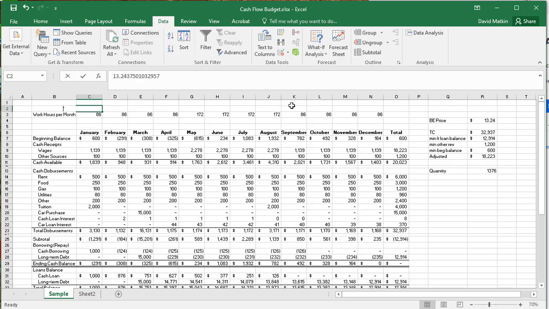Let's go back to 15 here, and let's talk about how we could do this calculation without having to stop and do the goal seek function. And that's what's going on over here. You can see I have the exact same calculation, $13.24. And what I did was I took the total cost, which was the total disbursements. I just took that, and then that's the cost I need to cover. But that cost includes some things that don't need to be covered in that year